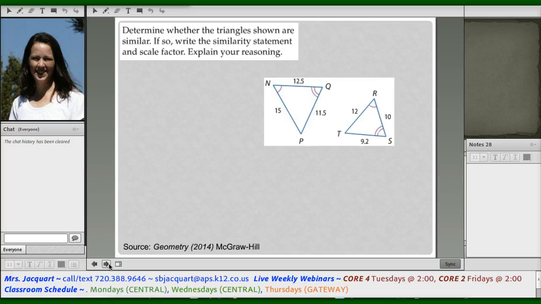So how we do this is we focus on the biggest numbers first. That's what I do, you can do it your own way. 15 is my biggest number, 12 is my biggest number. So I'm going to take 15 and divide it by 12. And that's 1.25. Then we're going to compare it